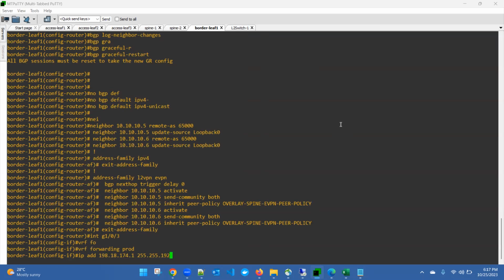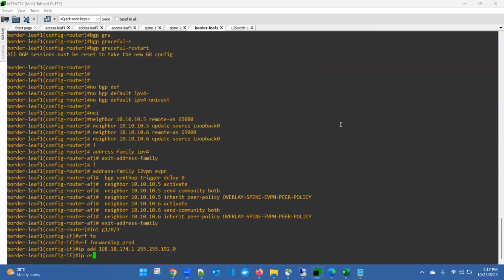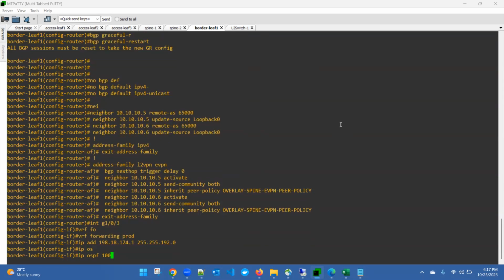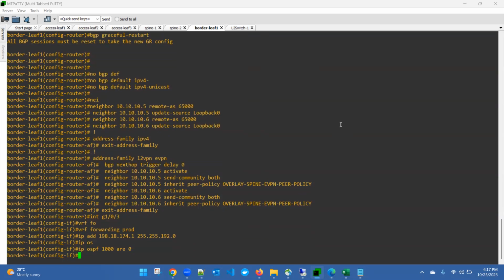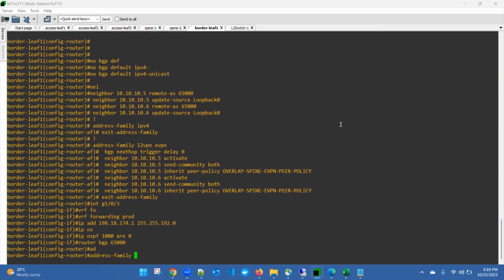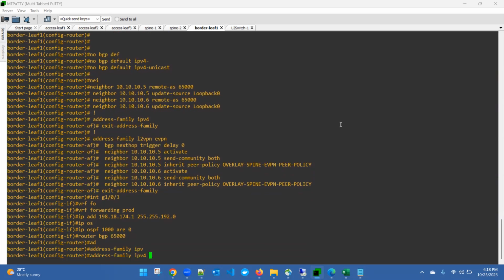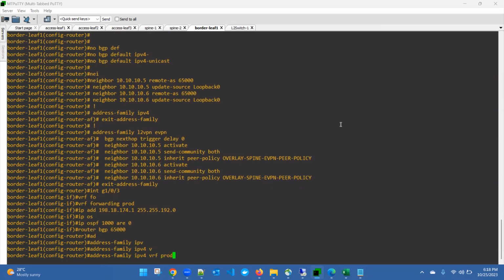Then IP OSPF area 0, right? And then router BGP 65000. We have to go inside the address family IPv4 VRF prod,